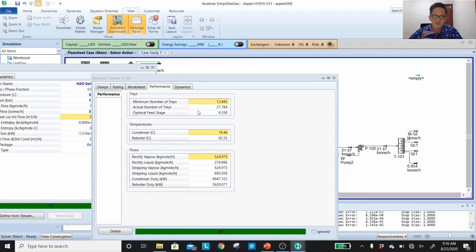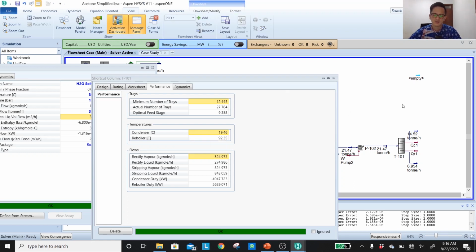See the performance. Okay, now you notice some problem. It can be done in 28 number of stages, but the temperature of the condenser will be very cold at about 19 degrees C, whereas you previously set the pressure of this top stream from this 1.2 bar product dummy stream at the required composition. And we expect the temperature to be about 61 degrees C, but now HYSYS thinks that's not the correct number. The correct number should be around 19 degrees C.